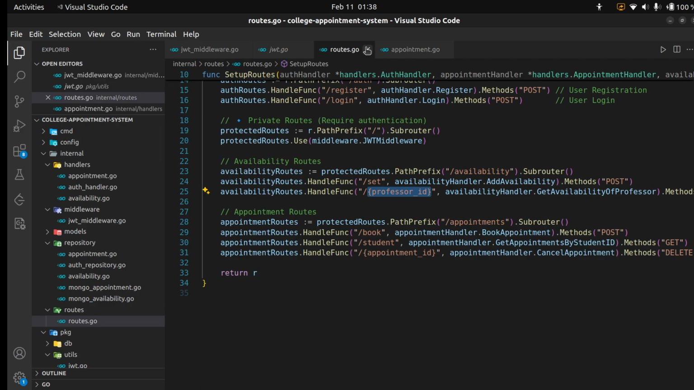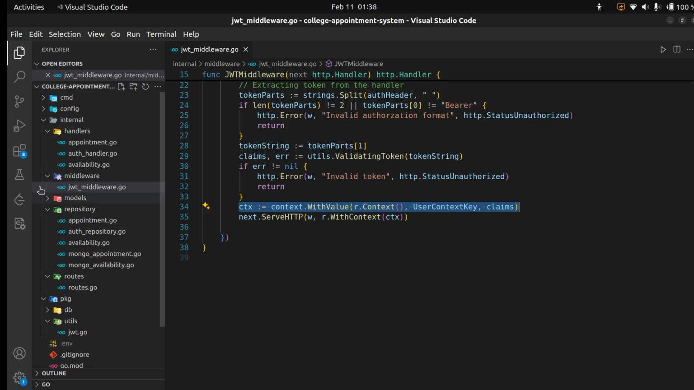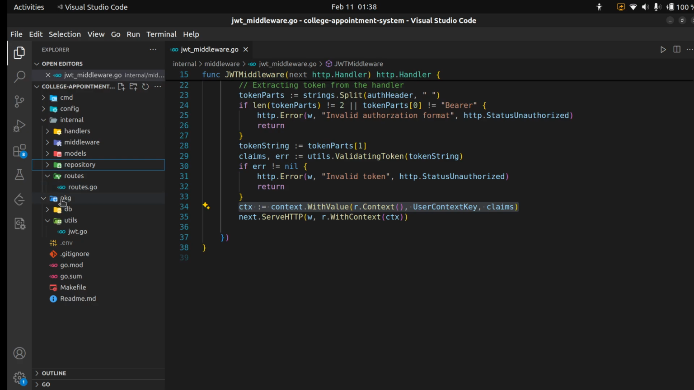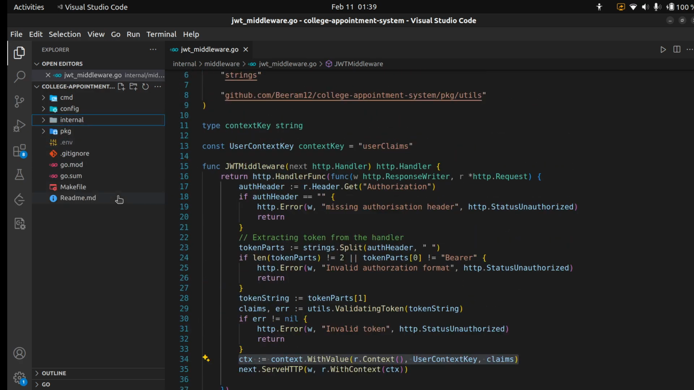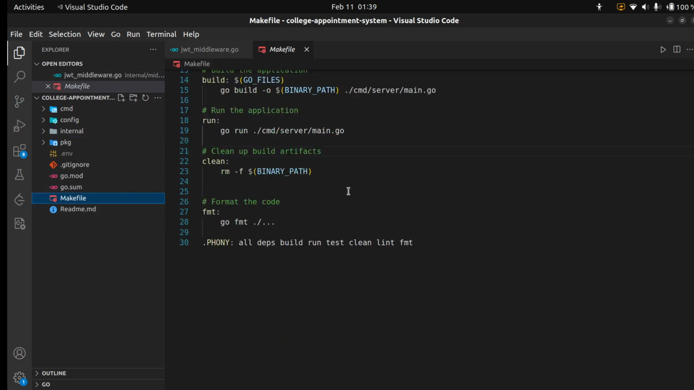So yeah, this is the complete code base. It's done. This is the complete code base of mine, and also the makefile which I have